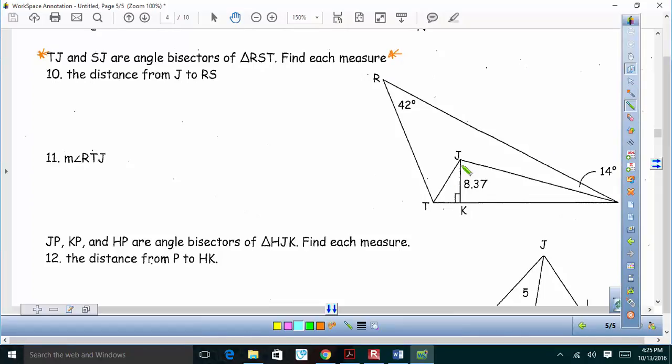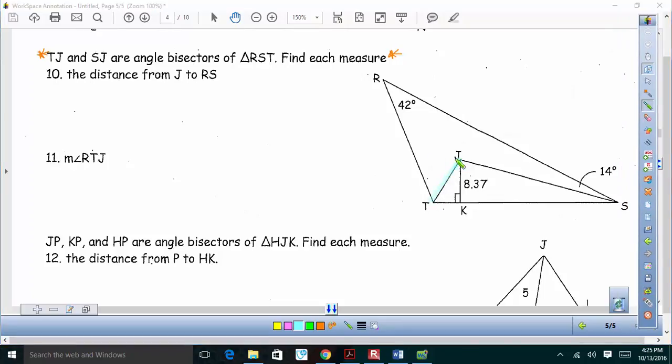So TJ is right here, and let me scoot this over, and SJ is right here. These are angle bisectors. So that means that this angle and this angle are congruent because it's bisecting that angle. And then this angle, which they tell me is 14, and this angle are congruent, so this is also 14